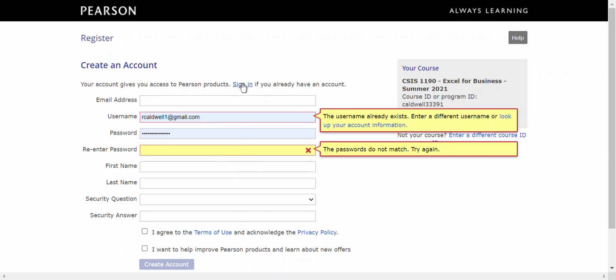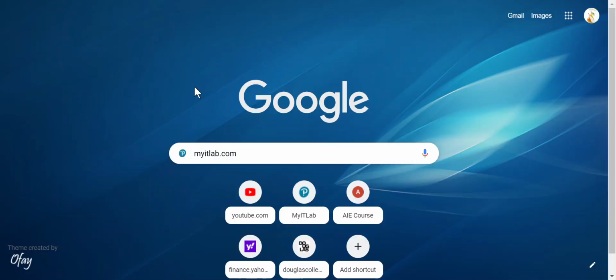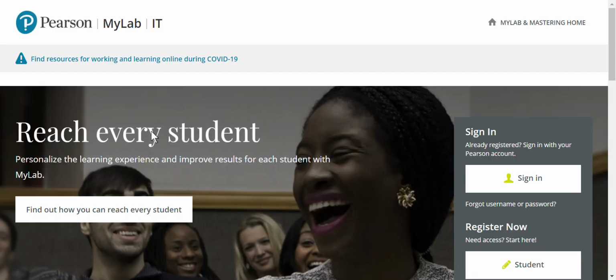And then when you sign in again, you will see that. Now, let me just show you what that looks like here. So let me just pause the video for a moment. I'll get set up. All right, so open up your browser. Chrome works well on this, and you can just go into the URL box and type in myitlab.com. I've chopped mine off on this video recording, so I'll just do it in a Google search, and it takes me right there anyways. So this is what the landing page of the MyITLab looks like,